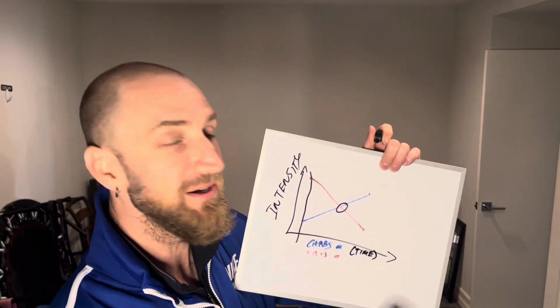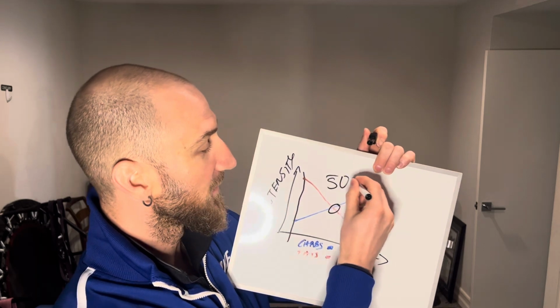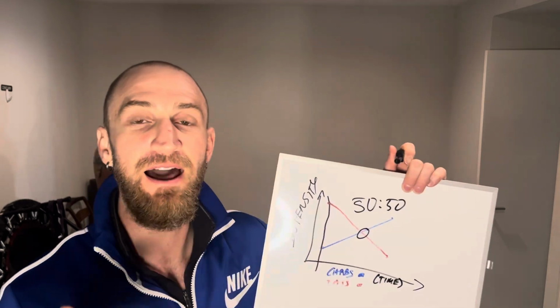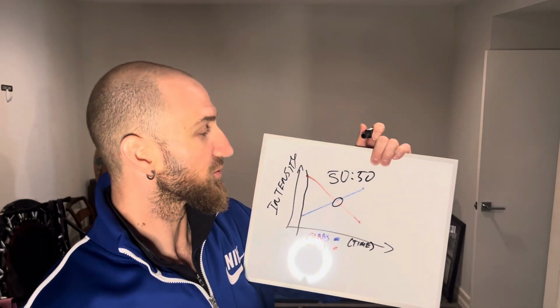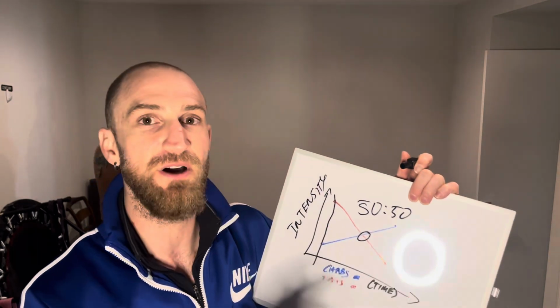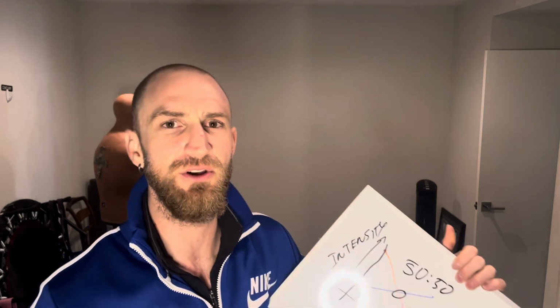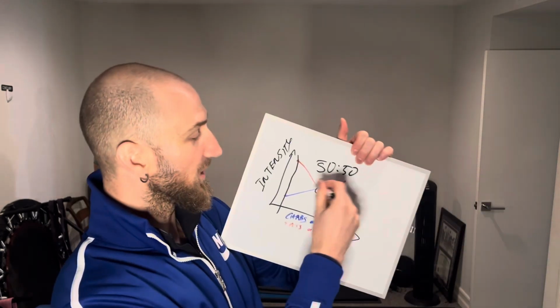There's this middle point right here where they cross over, which is like this 50-50, where I'm using 50% fat, 50% sugar, basically glycogen and other sugar stores. Well, that's what people talk about as I think it might be called zone 2 or whatever, but it's where you can talk. If I can exercise and I can talk, that's about the 50-50 mark. So it's not sprinting, it's not walking, it's right in that middle line where you can talk, but it's starting to maybe get a little bit difficult, but I can still have a conversation, okay? So that zone, which is that moderate level, you're going to be burning about 50-50.